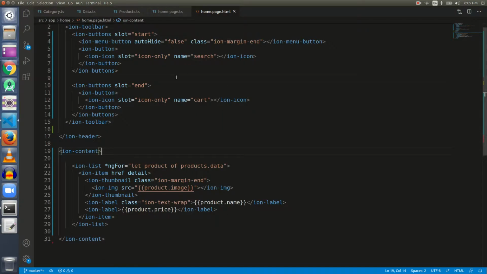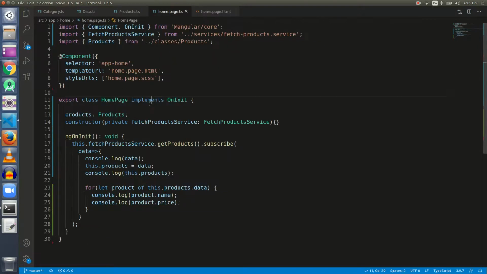Here we need to learn about something else. At present we are learning Ionic, and Ionic is used in conjunction with a framework behind it, and that is Angular. So here we should learn about the component lifecycle. As you can see, it's written HomePage, but it is not just a page, it has a component decorator. It means HomePage is a component.